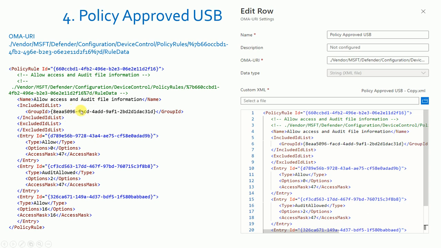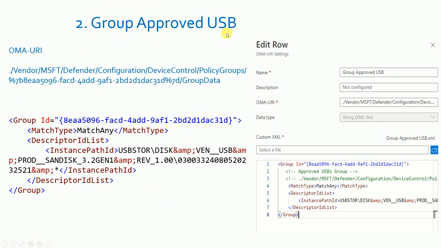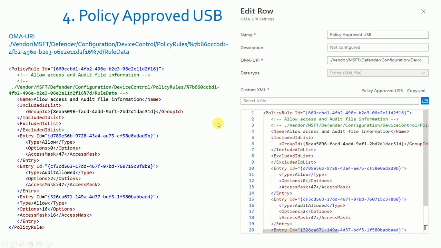So here is the group ID, which came from the group approved USB. Let's see, this is the group approved USB. What is the group ID? This is 31T, and let's match the group ID. This is the group ID mentioned here, so no need to exclude here. That will work fine. Entry ID, again you have to generate a new entry ID. Again here is a new entry ID, and the new entry ID. So all these settings should be the same for our entire infra, and then save it as XML to import